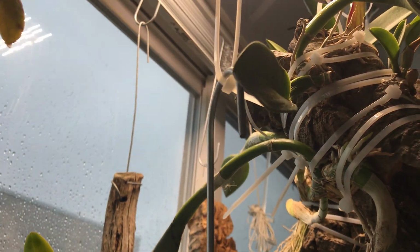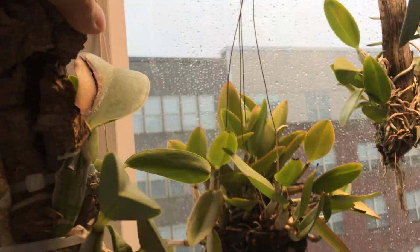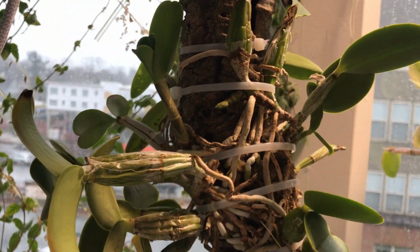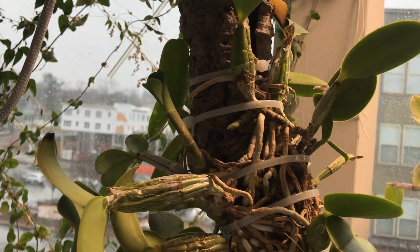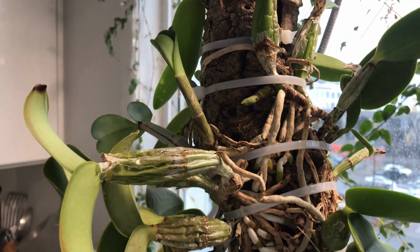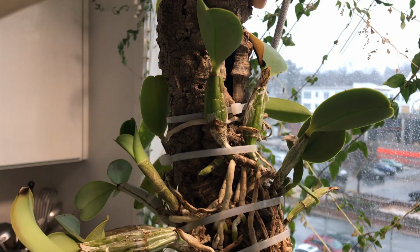Species. Let me take it off. Also, I like growing species. I like seeing all the growth patterns on the species. I know hybrids are usually pretty continuous, and there's no rest, or they push out roots all the time, more or less. I like species just because I guess they're cooler because they're closer to what nature had. Anyways, this is